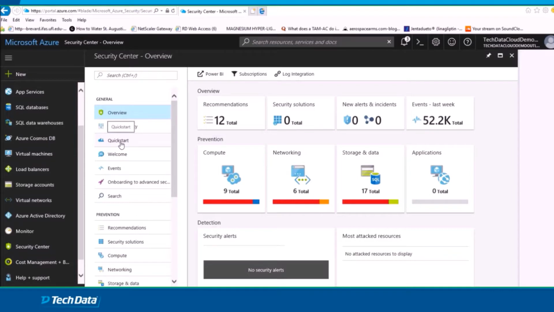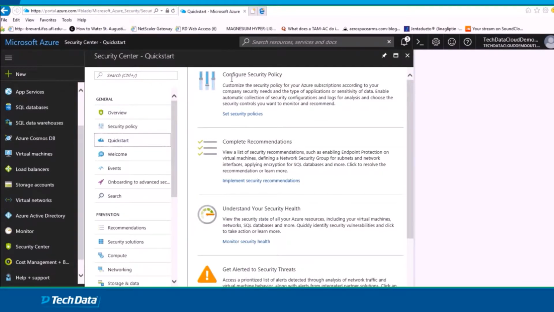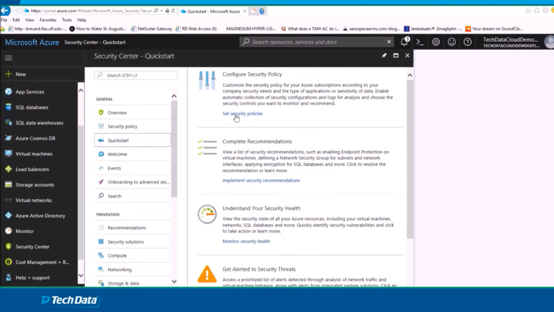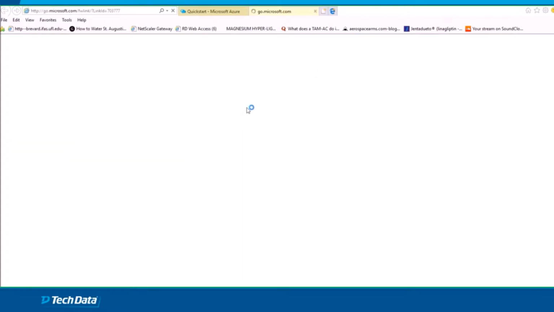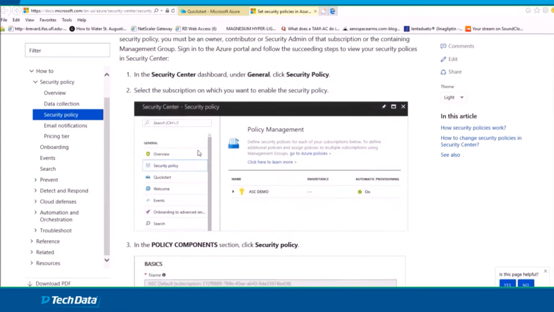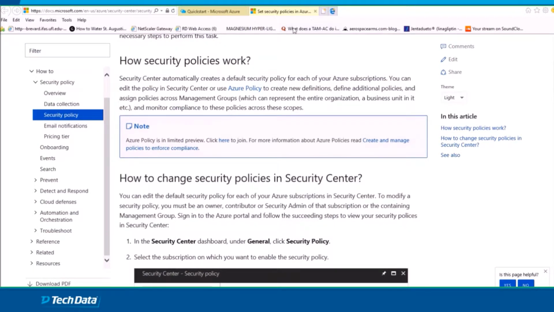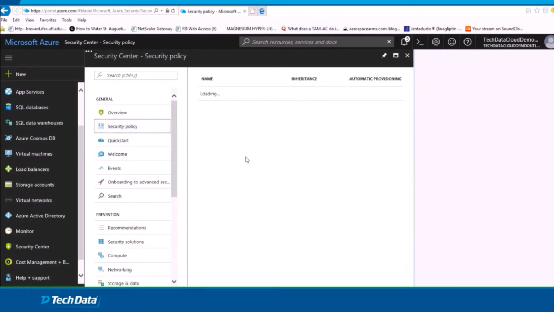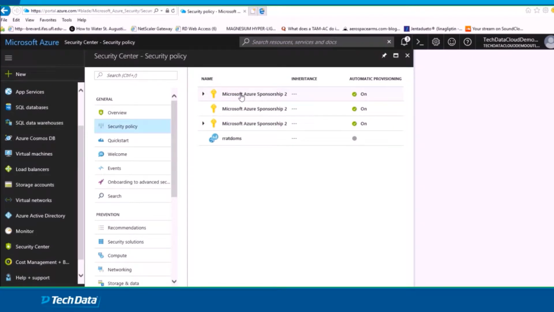Your security policy. Quick Start's a good place to start if you want more information. If you're curious and haven't read into it much, you can hit any of these, and it will actually take you out to Microsoft's website so you can get more information. The security policy is where we need to start. We'll see our different Azure subscription here. You will probably only have one. I have several, but we'll go ahead and click into that first